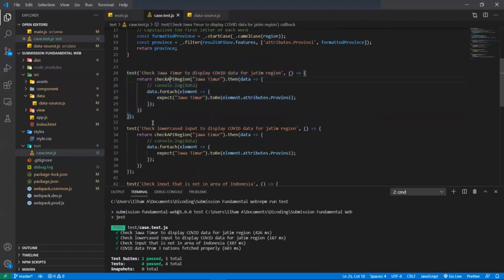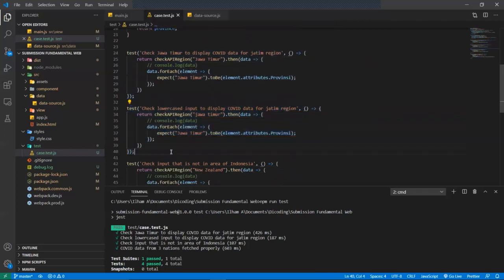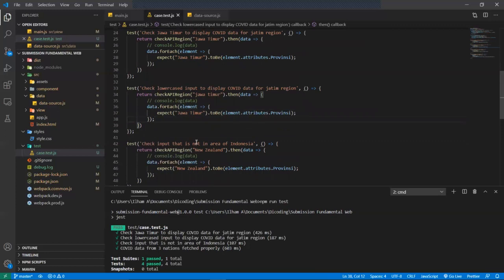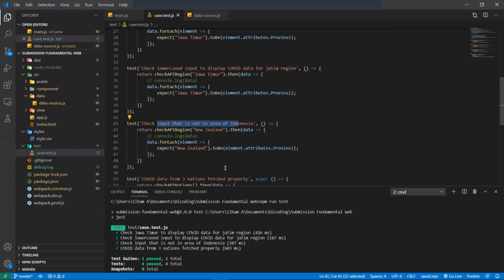The algorithm for this second test case is the same, but we input the lowercase version of it. So it is totally the same. The thing that is different is the check input. That is not in the area of Indonesia. Of course, New Zealand is not in Indonesia's province. So we expect it, and with the same algorithm, with the same matcher, this toBe matcher, toBe is one